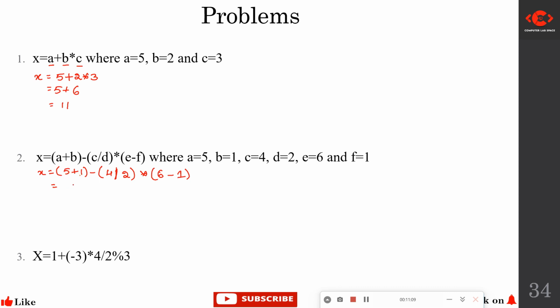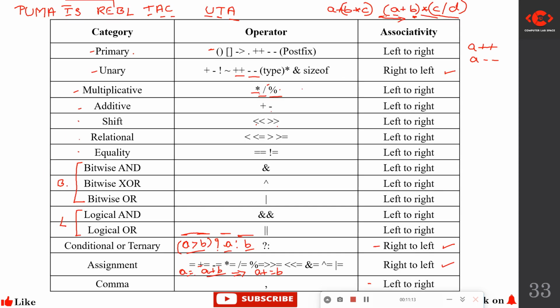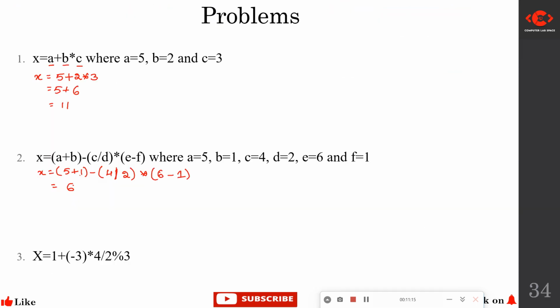So 5 plus 1 is 6. Brackets we solve from left to right only. Is it clear? So 6 minus, now I have removed the brackets after solving, 4 divided by 2. So 2 into 6 minus 1 is 5. Now you need to look at the priority or precedence of the operator, since multiplication